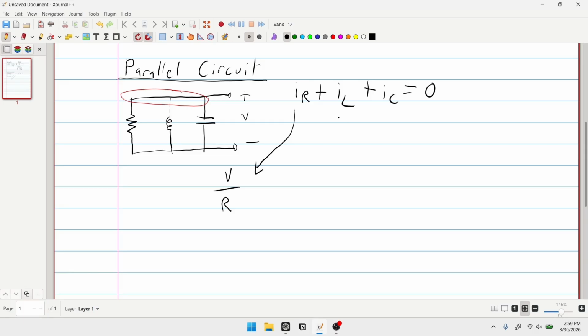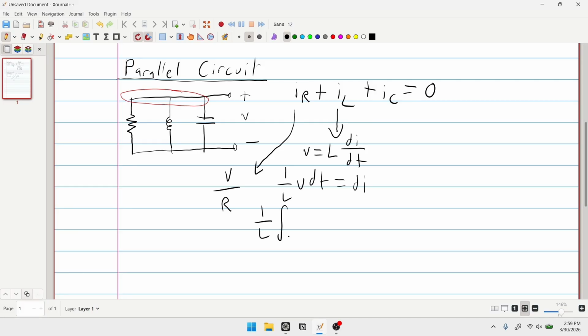And for the inductor, it's a bit tougher because it's not strictly in terms of voltage. We actually have the derivative of the current, so we're going to have to do some manipulation here. So I'm going to move the L to the other side. Actually, I'm going to move the dt as well. So we get di/dt, or 1 over L V dt equals di. And so if we integrate both sides,